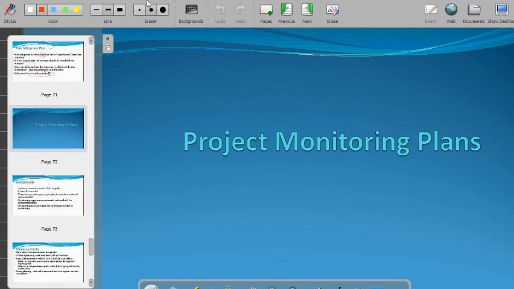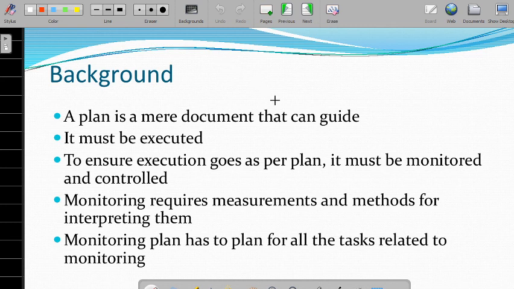Next, we'll discuss the project monitoring plan. A project monitoring plan is a document that can guide. It must be executed, which means we should go as per the plan, and to ensure execution as per the plan, it must be monitored and controlled. Normally we plan, for example today we assign some tasks: 9 to 10 we plan for something, then 11 to 12, then 2 to 3. In daily life also we plan, but after that